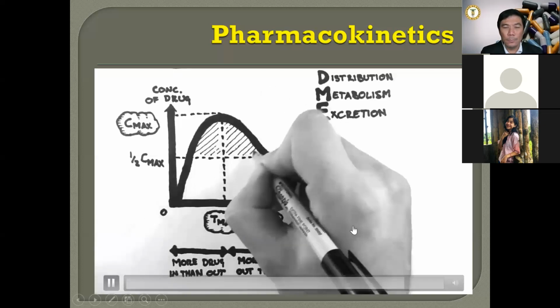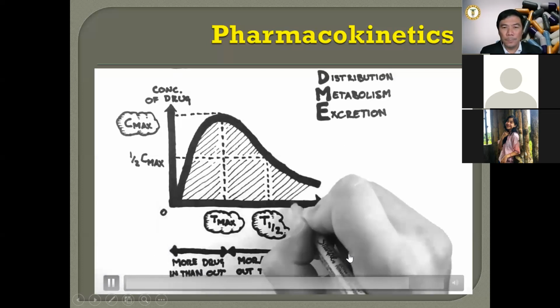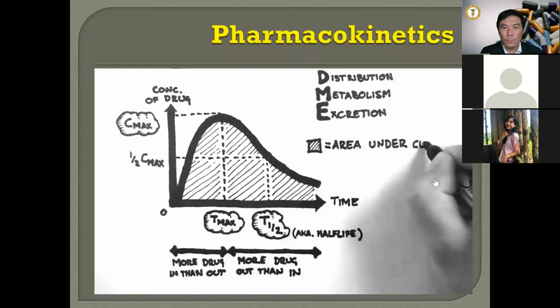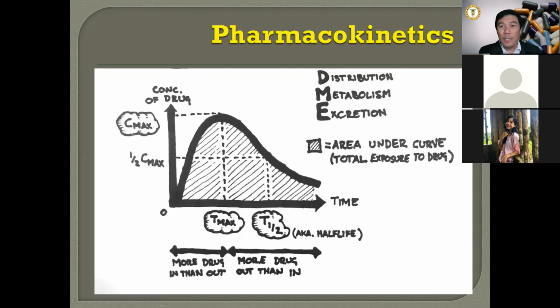The last thing to look at is the area under the curve, and this I have illustrated by shading in the space under the graph. This represents the total exposure to a drug that the body receives. This is a function of how high the concentration of the drug gets, as well as how quickly it's excreted. So from this area under the curve, as the total exposure of the drug, you get the idea of why drugs are given every 8 hours, every 6 hours, 3 times a day, 2 times a day,